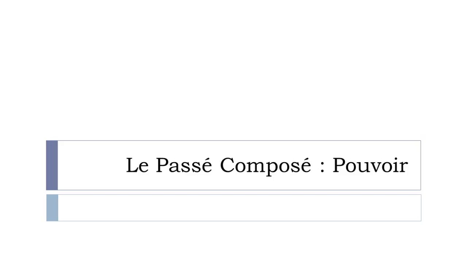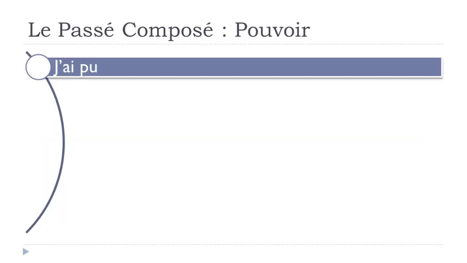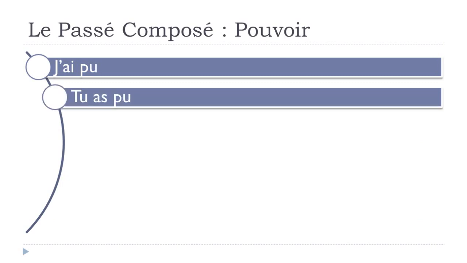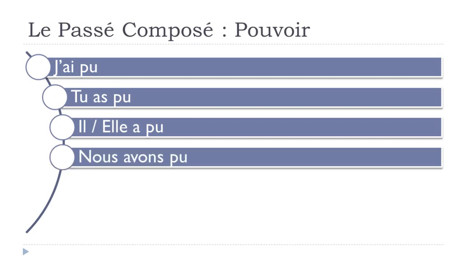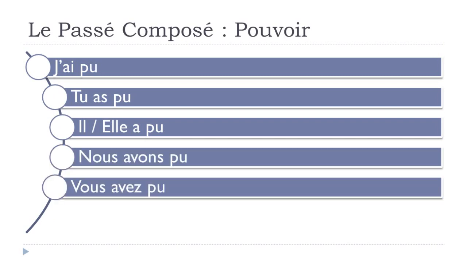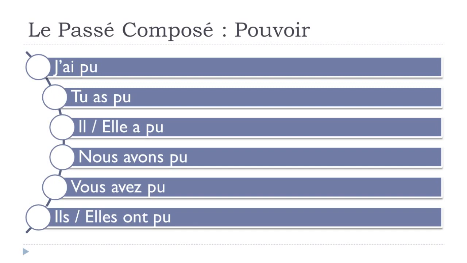So we'll see together le passé composé form of pouvoir, can, and then we'll see how it goes at the past form, this passé composé form. Okay? So, j'ai pu, tu as pu, il a pu, elle a pu, nous avons pu, vous avez pu, ils ont pu, elles ont pu. Okay, so if you remember carefully, as I said in Unit 5 when I introduced this passé composé form,